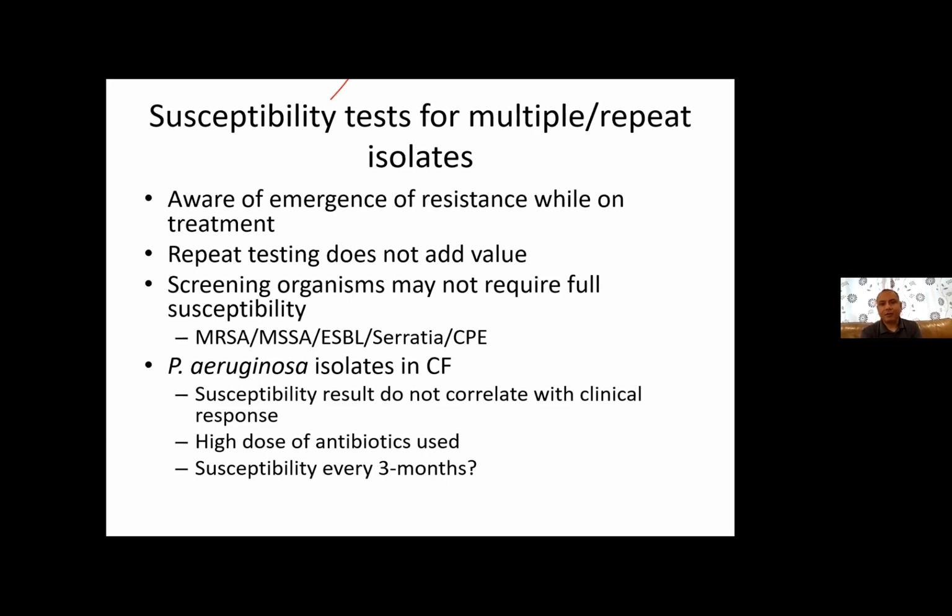But in general, if an antibiotic susceptibility is done one day, then normally it should not be repeated for a period of time. So, for example, our cystic fibrosis patients who get colonized over a period of time with Pseudomonas aeruginosa, and they remain colonized for their whole life, unfortunately. But then they send a sputum sample twice a week or so, every time they do physiotherapy. Yes, you will isolate Pseudomonas, but do you have to do susceptibility every time? No. In the case of our cystic fibrosis patients, we have agreed that we'll do susceptibility every 3 months, because the